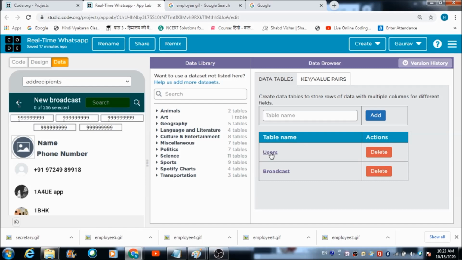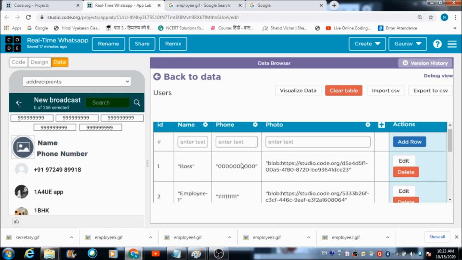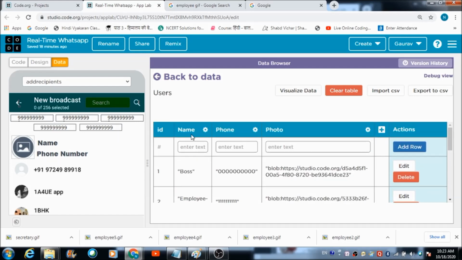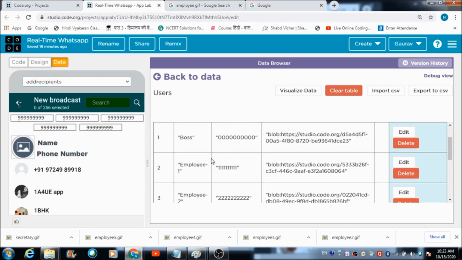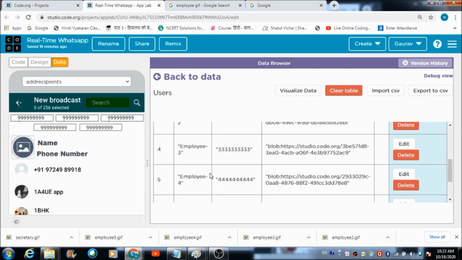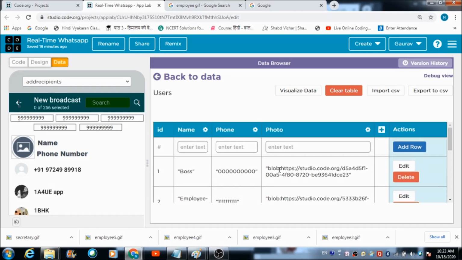Inside this table we have the name and phone number of all the people who have registered their profile on this platform. And this link that you're seeing is the photograph link. So these are the three fields which we have inside this